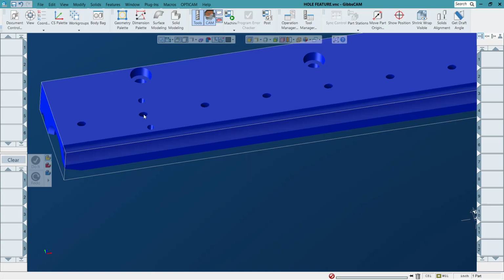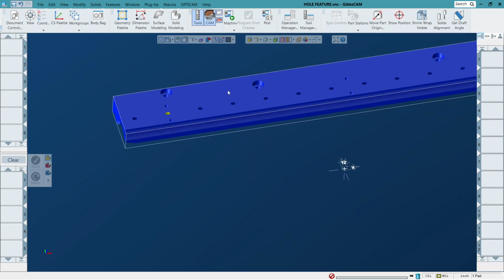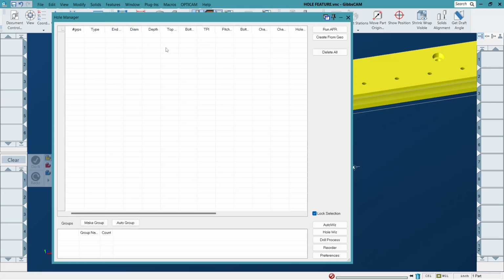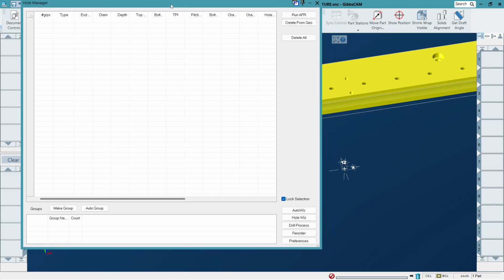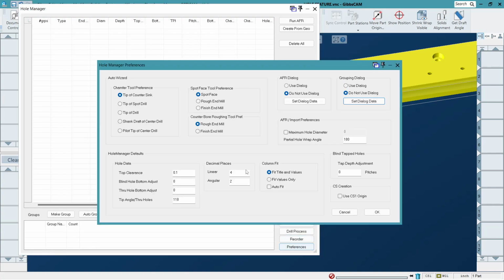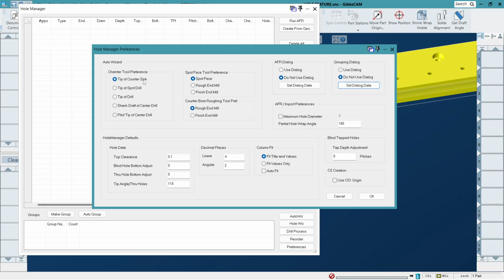So if you have a part like this, you want to drill this hole. First, you select the whole body, the whole solid, right? Then you go here, you go hole manager, and in here, okay, let's see here what setup I need to show you. Reference. Okay, so click on there, tip of the countersink, spot face, if you want spot, okay, pilot tip for